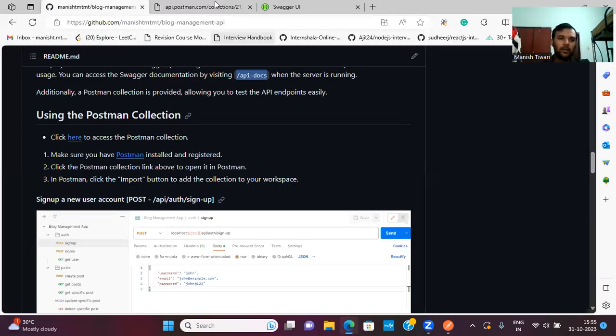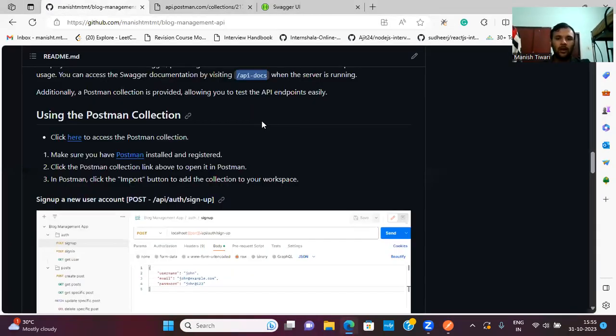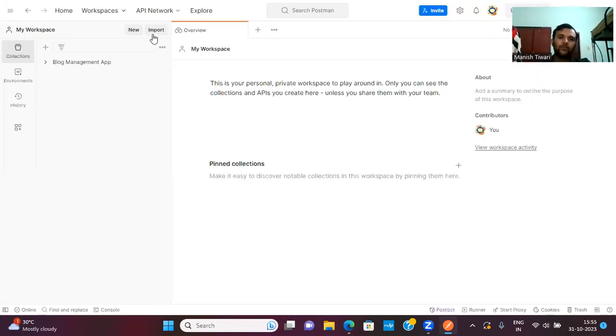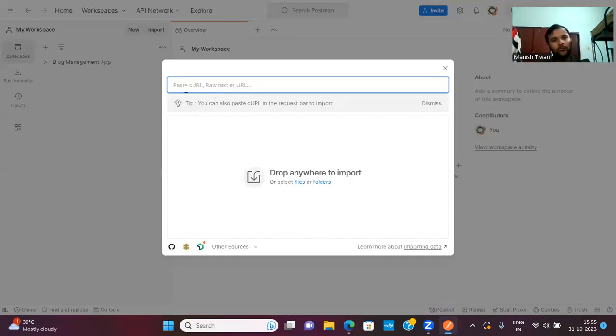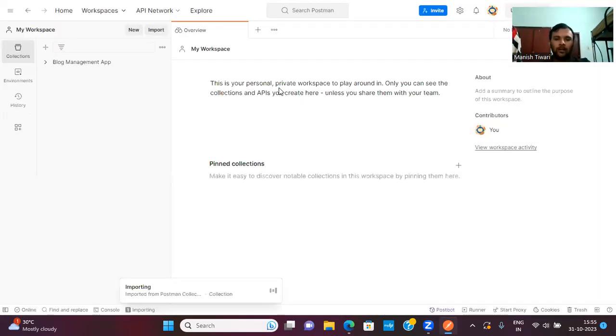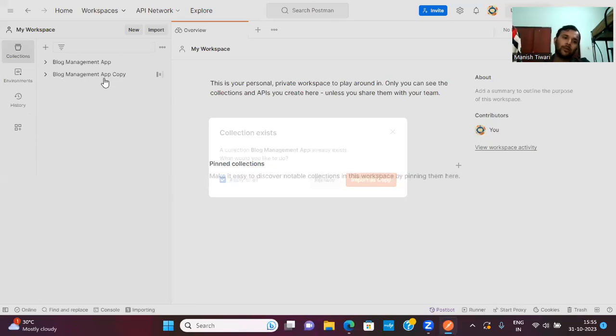So here you can see you have all the JSON. So you just need to select all this JSON file, copy it, and go to your Postman collection. And here you will find an import button. Just click on this import button. Okay, and here you will see one input field, like it's telling you to paste the cURL URL or the raw text. So I will paste this JSON file here, and since I already have my blog management collection, it's asking whether a collection blog management already exists, would you like to import as a copy or replace it? So I will click on import as a copy, and you can see this